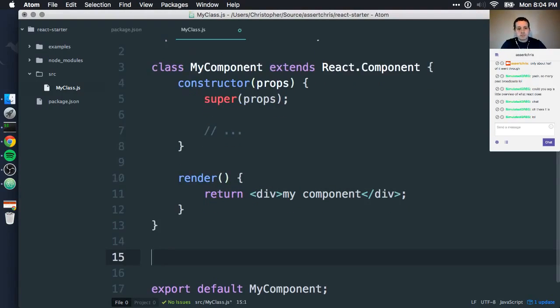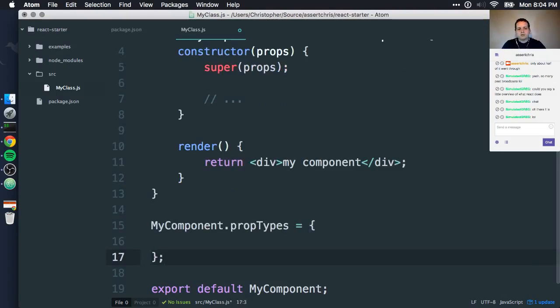But what I do want to make place for is my component prop types. And I'll just put a default thing in here because it's kind of useful to remember what the format of this should be. So it's an object, and what prop types is in React is that it's a way for you, when you're making a component, to say what kinds of properties the component must have. I'll show you what this looks like when it's called, but when you want to enforce that, you create this prop types property, like a class property, on the component